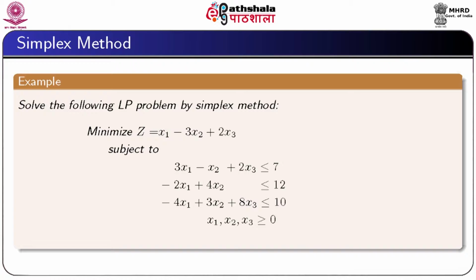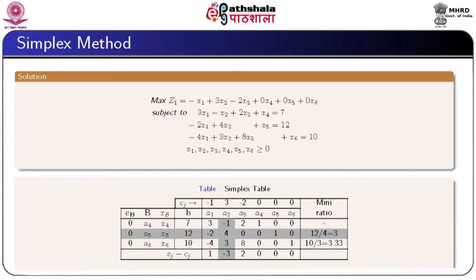For this, we convert the objective function into maximization type and each inequality constraint into an equation by introducing slack variables. Here, we introduce 3 slack variables x4, x5 and x6 to the constraints and rewrite the problem in standard form as